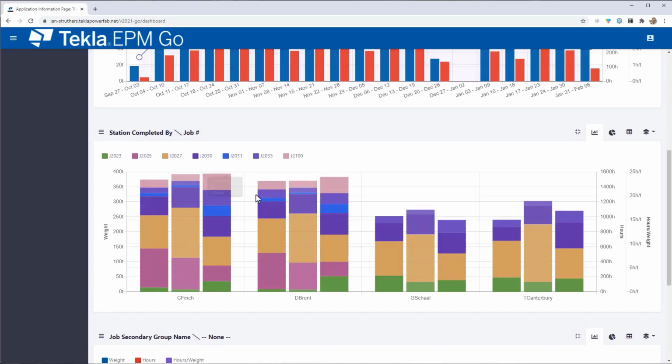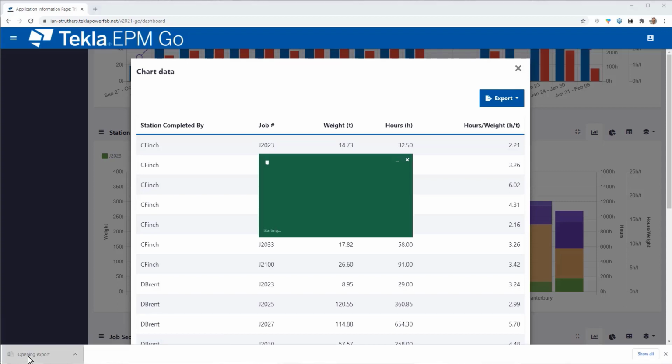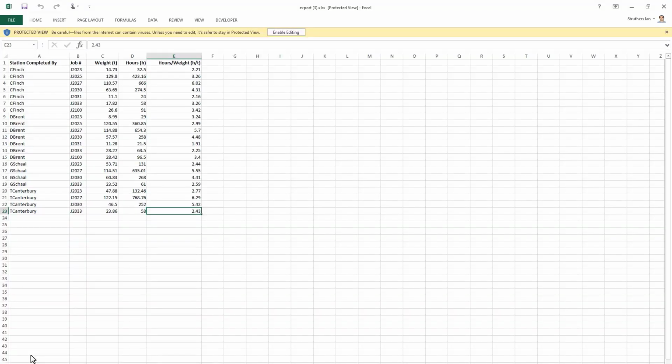Whilst I've got this, I just want to show you the ability to export this information to Excel. Obviously, lots of people like the ability to dump information into Excel so it can be manipulated, and we've allowed that functionality in here. So if I was just to use the export button here to Microsoft Excel, that's going to create essentially a data drop, and that data is now in Excel for me to do whatever I please with.